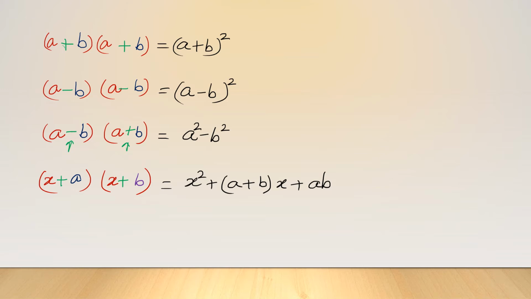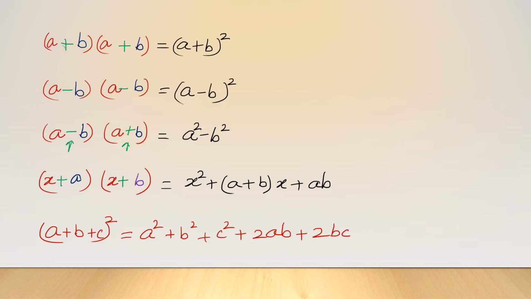Now today we will do the product or the factorization of the terms which are based on these 4 identities. After that we will pick the questions which are based on the 5th identity, which was (a plus b plus c) whole square, a square plus b square plus c square plus 2ab plus 2bc plus 2ca. Most importantly, you should know out of these identities when to apply which identity.